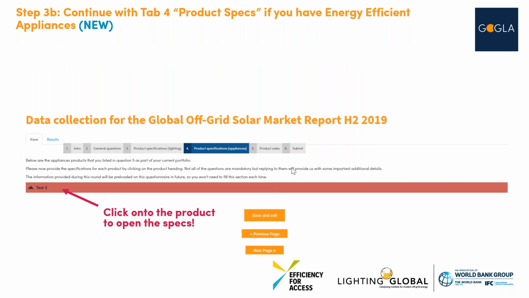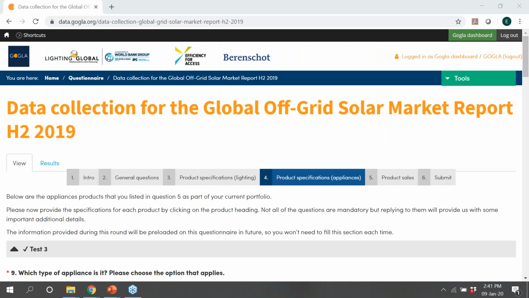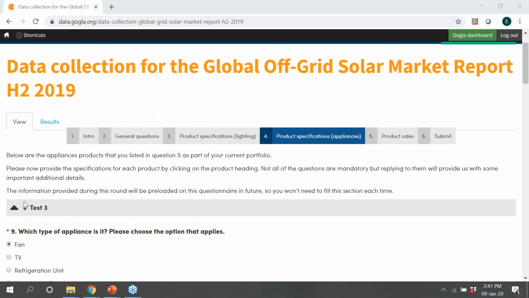When you finish filling out the questions for one product, as I've done for my own example, this will actually appear. So instead of red, it will become gray again, and you will have a check mark next to the product name. That's a sign that you have answered all the mandatory questions.